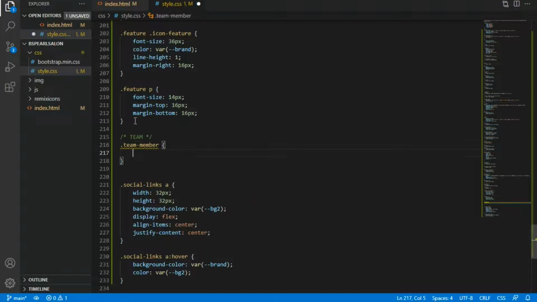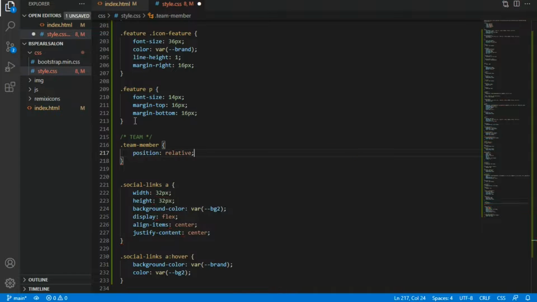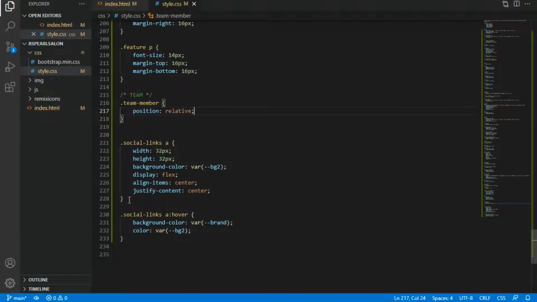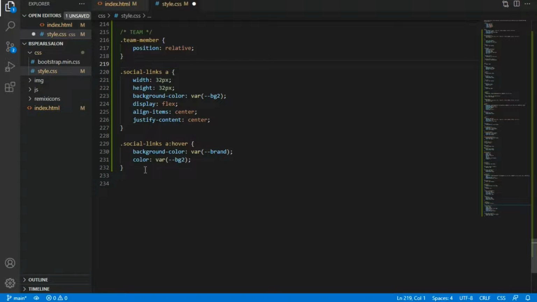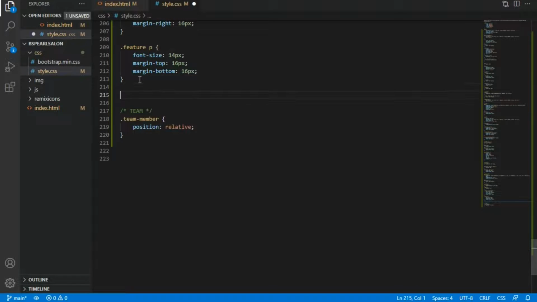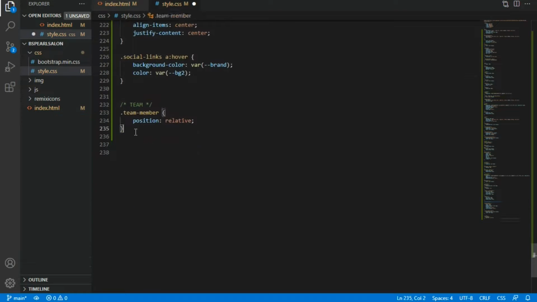Team member. Okay, and I'm gonna give a position relative. Okay, and I'm going to select social icons. Social icon should be at the top right here. Okay, I'm gonna save it